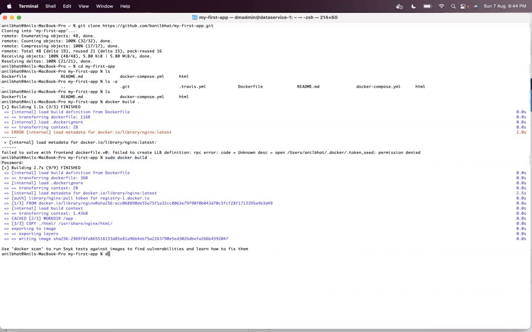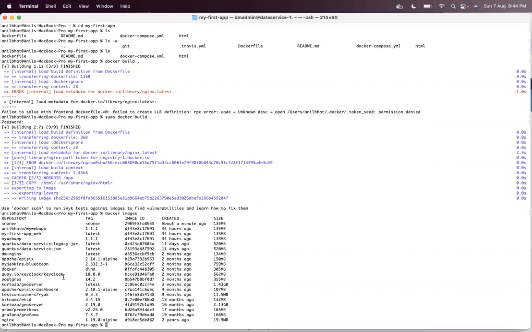Now you can verify it by typing docker images. By typing docker images, you can see that this is what is created now.